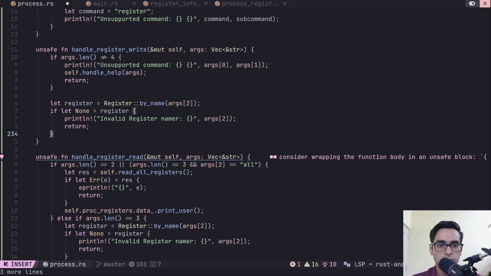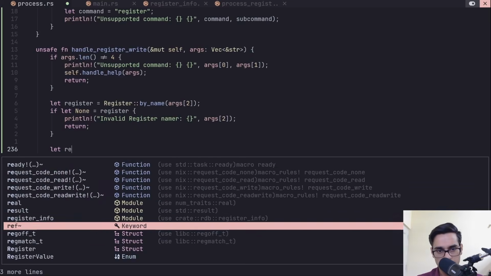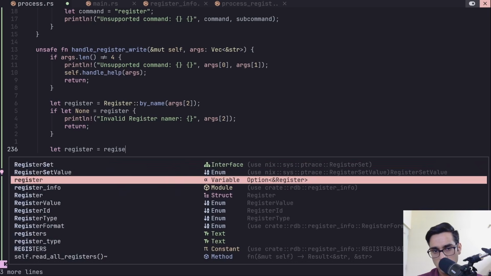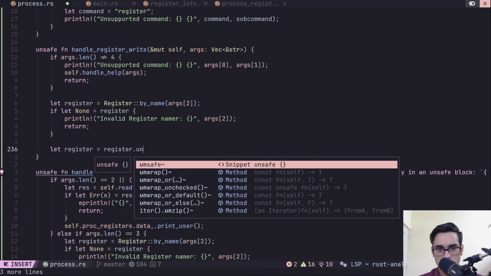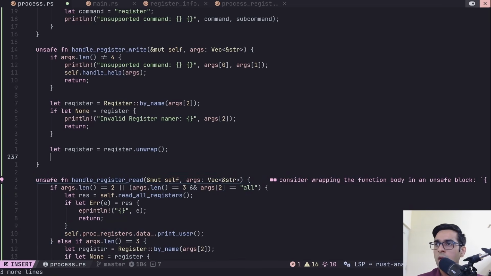So if the register is none, we say invalid register name and then we return. Otherwise I can unwrap it. Dot unwrap, and then I can,